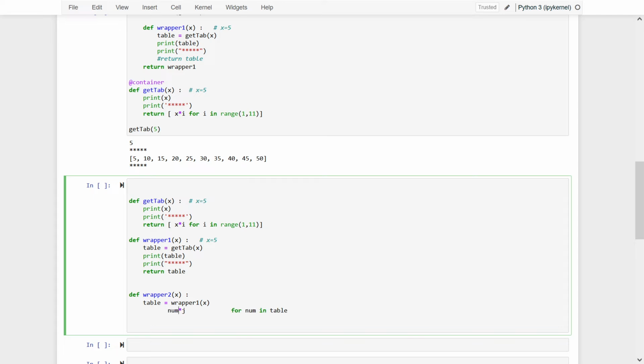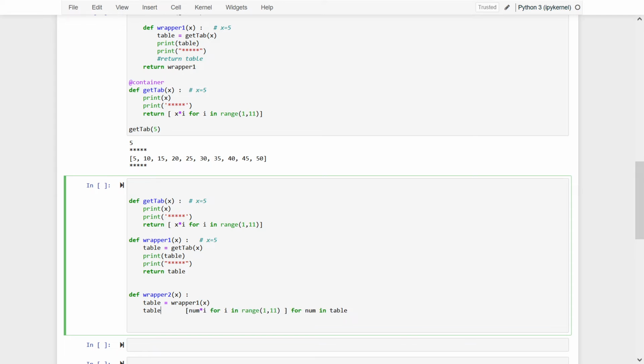What matters is the value stored in it. Num, and I'll say i for i in range(1, 11). See, I'm writing a nested loop using list comprehension,